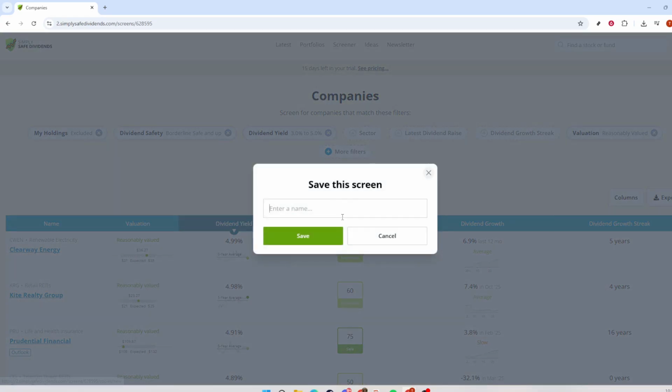Look for the Save Screen option on the page and click it. This will open a small prompt asking you to name your screen. Pick a clear descriptive name that will make sense later at a glance. For example, you might include the key criteria in the title, such as high safety 3% plus yield or dividend